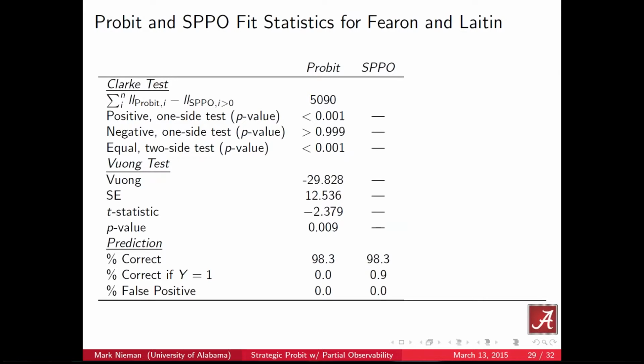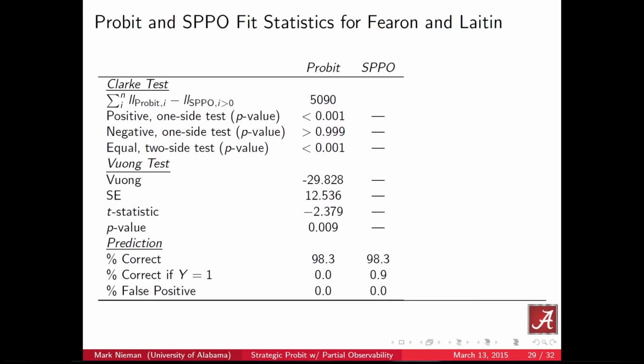Looking at some of the fit statistics again, it's interesting to note that the Clark test and the Vuong test are actually making opposite predictions of which model is best, which may indicate that when we start changing from different functional forms rather than just including non-nested models, these different tests are problematic, and this might be a good avenue for future research. In terms of model fit, we see that in this application, both of them correctly predict